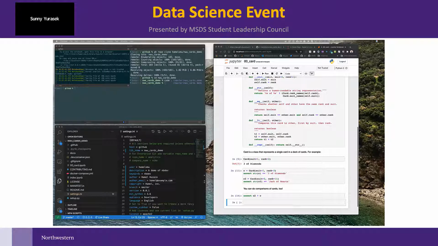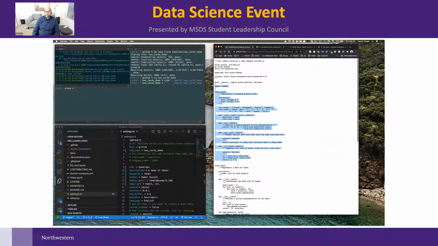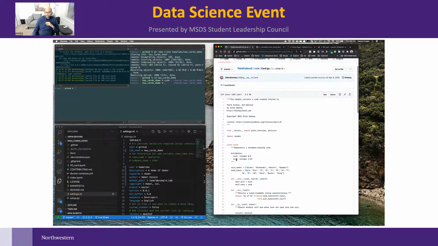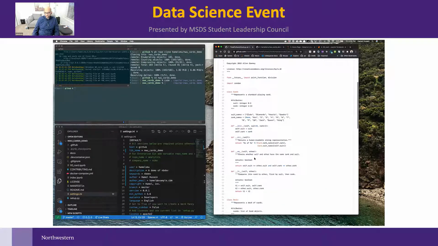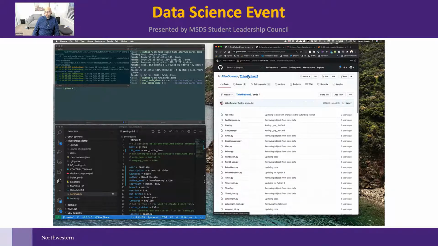Right on time. Okay, this is how it works. So you have your test, you have your code. Now, if you go to the original code, let's just take a moment to reflect on what the original code looks like. When Alan wrote his code, he wrote card in card.py. He wrote some code. It does have docstrings. So he wrote code in one place. Then if you look at his library,